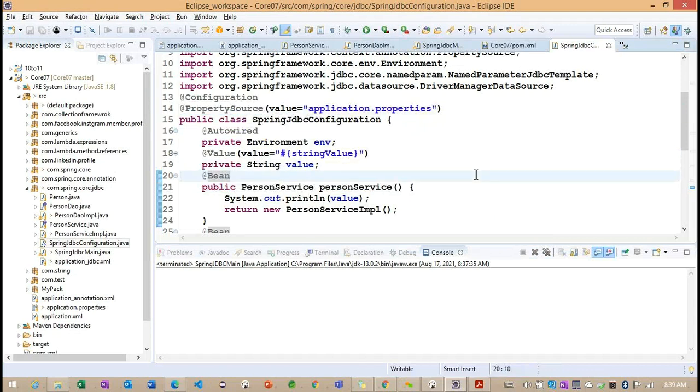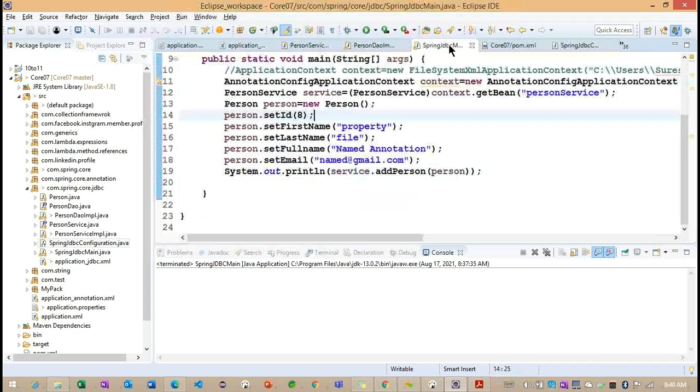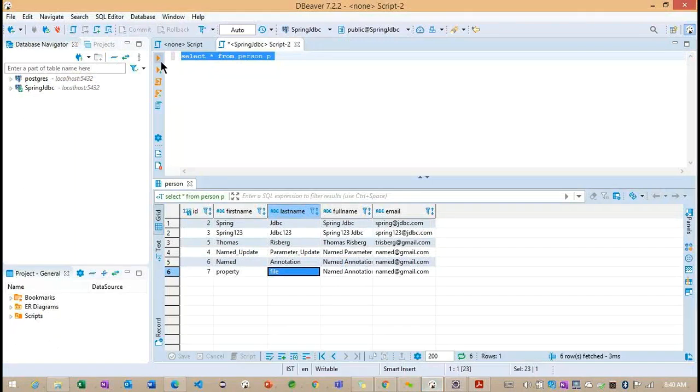Okay. So I'm requesting everyone to practice an XML configuration example as well as an annotation example with the help of CUD operations, like insertion, updation, and deletion examples. I identified only one example here, to insert the data into the database. With the help of this same annotation example, we can now perform the other operations.